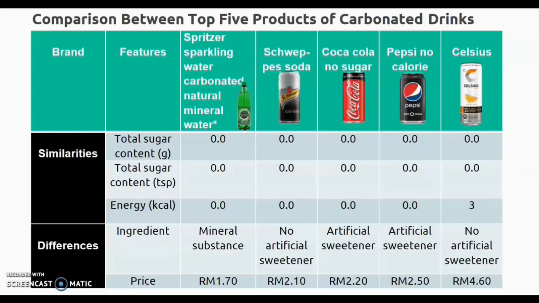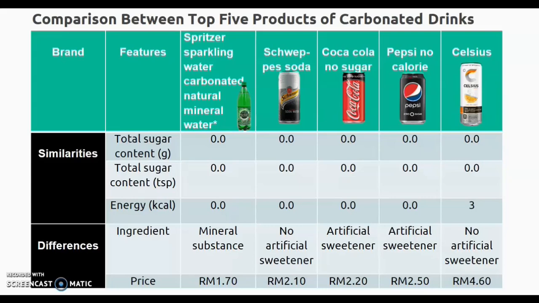There are 5 products that have been selected with 0 sugar content and there was no energy at all, only the Celsius as I mentioned earlier. The difference is the ingredients. For the Spritzer sparkling water, it is carbonated natural mineral water, so it has mineral substances only. For Chip soda and Celsius products, there were no artificial sweeteners, but for Coca-Cola no sugar and Pepsi no calorie,